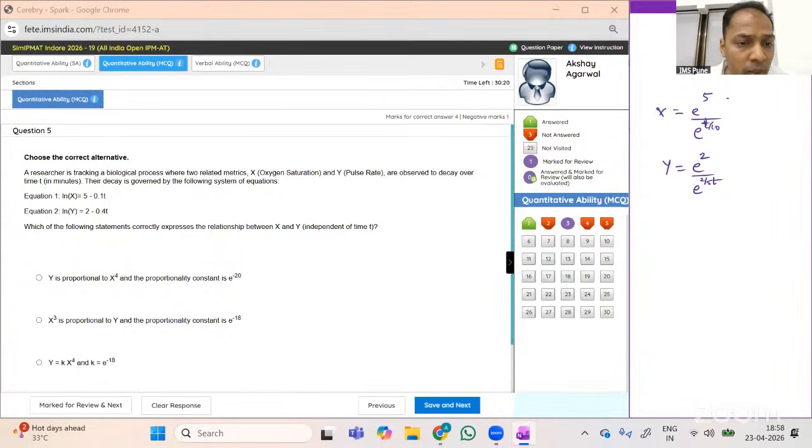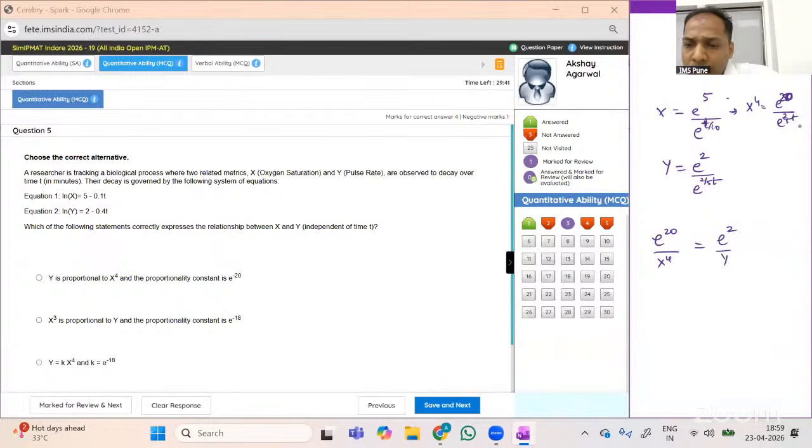X is this, y is this, which are the following. Okay, all right. So if I had to make the power of t the same across both of them, x raised to the power 4 would be e raised to the power 20 upon 5t, and y would be e raised to the power 2 by 5t. And therefore from here I would have e raised to the power 20 upon x to the power 4 is equal to e square upon y, and therefore